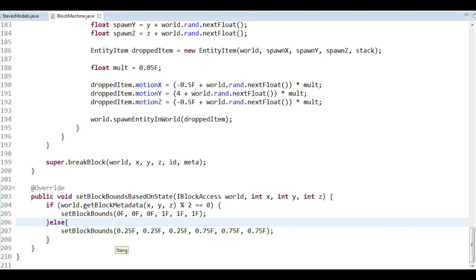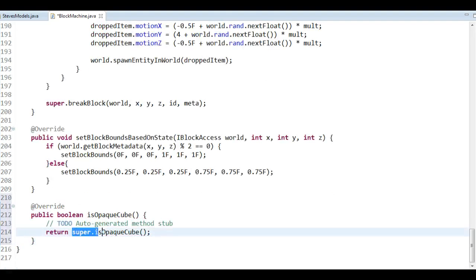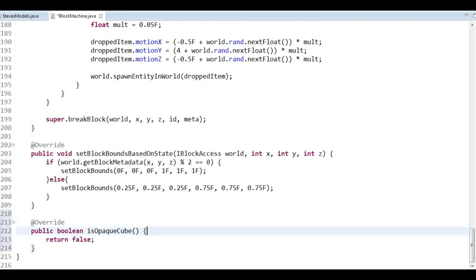So what I want to do for the graphics is the following: isOpaqueCube, and here we want to return false. And what that means is simply this block is not covering the full bounds of the block. It's not having 0, 0, 0, 1, 1, 1. And that means that you might have to render the sides of the block that it's adjacent to, even though they are sort of connected. You know, if we have two stone blocks next to each other, then obviously we don't have to render the faces in between there,